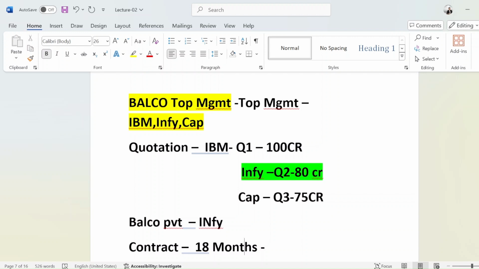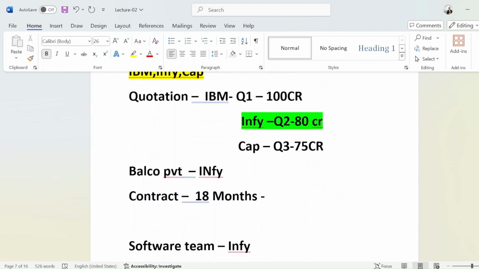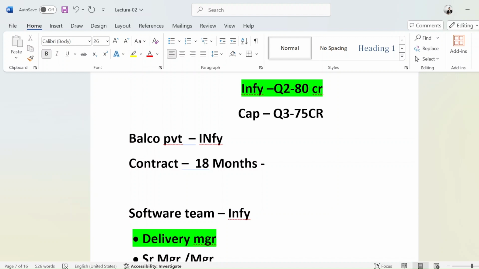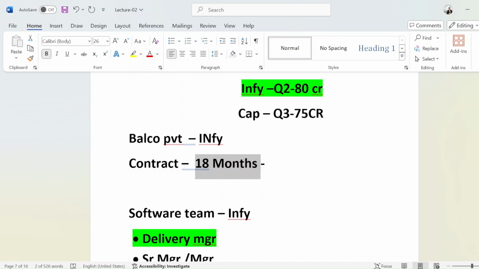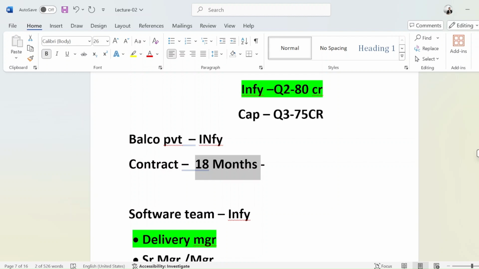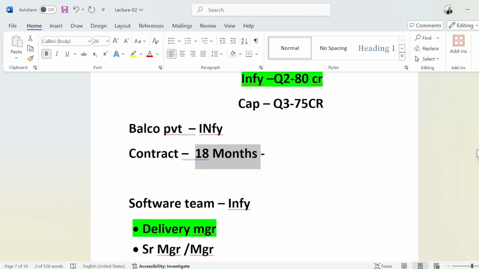So Infosys will make a dedicated team, a dedicated software team that will be responsible for the implementation project for the next 18 months for Balco. In that team there will be functional consultants, technical consultants, some basis consultants, and some pre-sales also. So a complete team will be there.